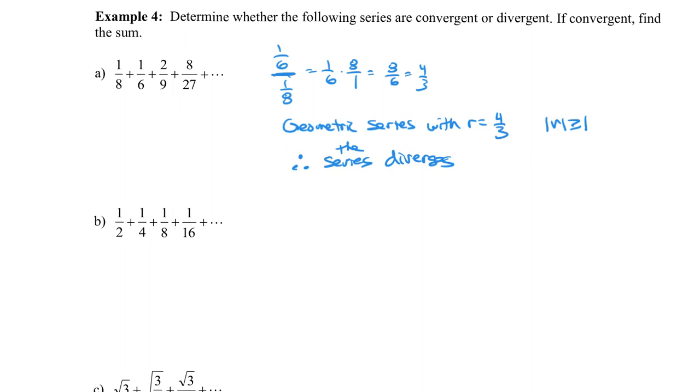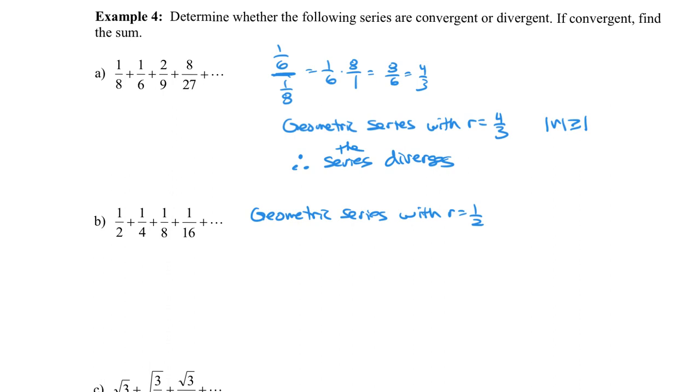All right, now this one may look familiar. We've seen this one before. If you look at it, you'd see that this is a geometric series with r equal to 1/2, because you could take any one of these terms divided by the previous one and you'll get 1/2, or alternately, you could take the first term, multiply by 1/2 to get here, and you keep multiplying by 1/2. So the ratio r is 1/2, which converges because